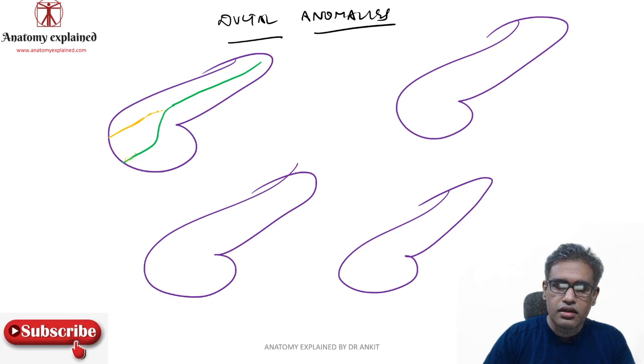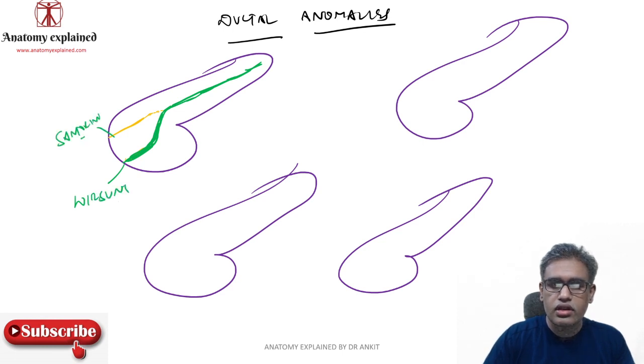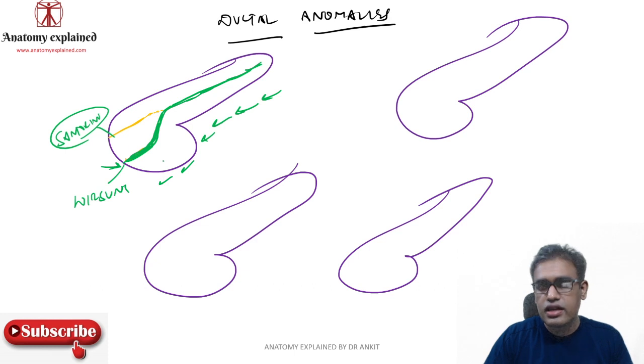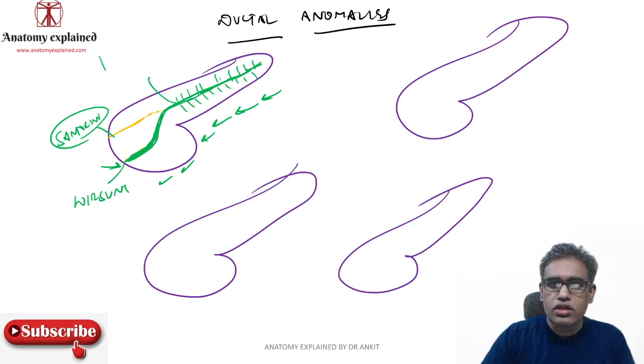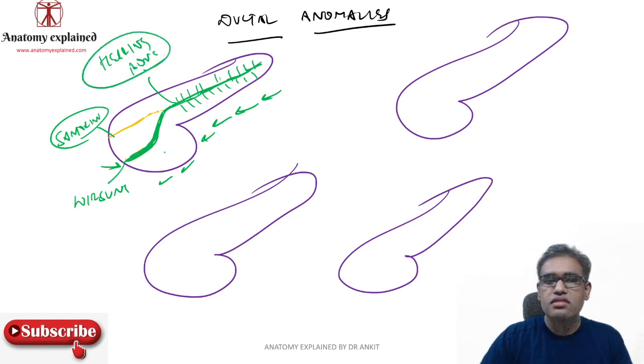Next, you can have a slightly thicker duct of Wirsung and a slightly thinner duct of Santorini. This is your Wirsung over here, and that is your Santorini, communicating with each other. Now as these ducts are formed, what is the flow? Where are they opening? This is the opening. So obviously the flow of the secretion is in this direction, from the tail to the head. The minor ductules open into the duct all along its way at around 90 degrees. That sort of pattern is known as the herringbone pattern. Point number one: this is a normal pattern.